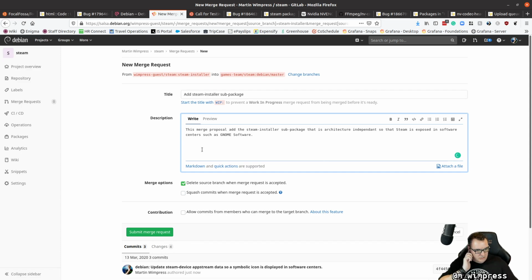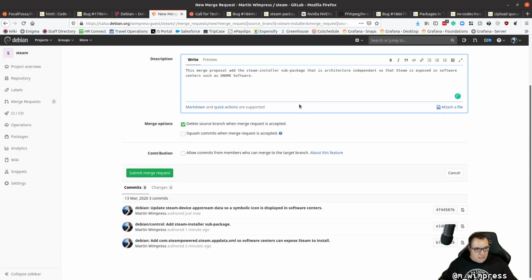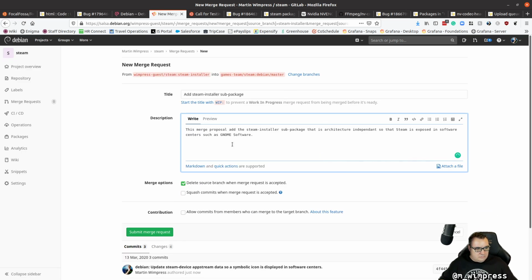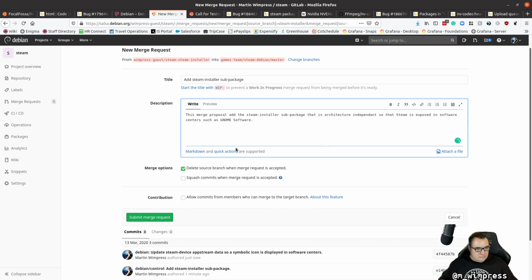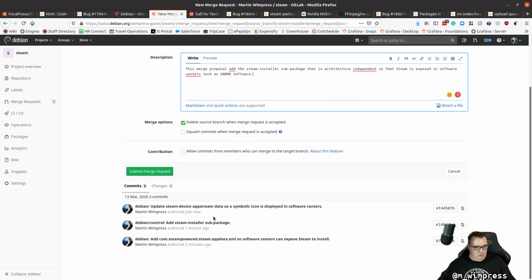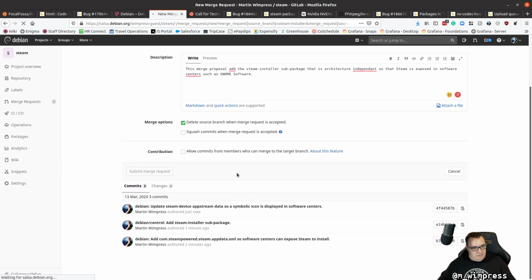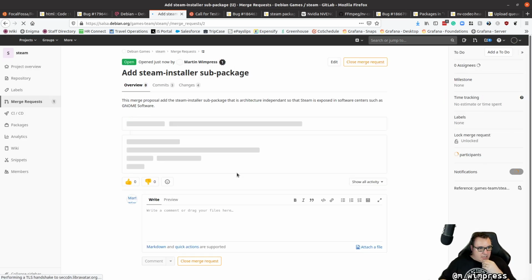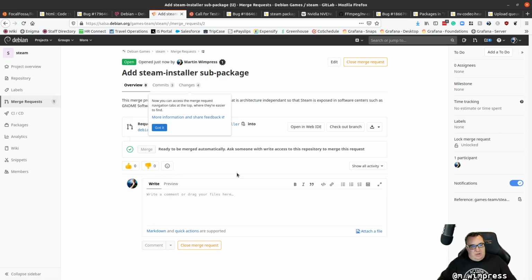That should cover it all. So I'm submitting that from my branch to the Debian Games team and proposing it to be merged into their master branch. And if I submit that now, you can see here are my 3 commits. And if I submit that merge request, that will now sit in their queue for somebody to review. So my role as a good open source citizen has now been